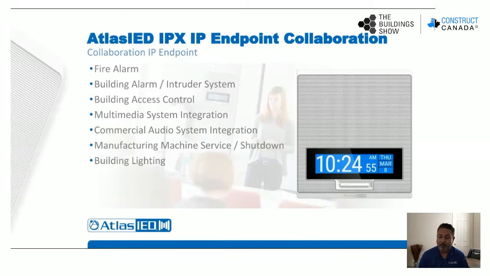Some of the other markets that use the products, maybe in manufacturing or industrial type environments, handshaking with machinery and assembly lines to push notifications when there's a fault on a machine. Maybe building lighting, some of the new intelligent LED type building lighting can be used with the devices to reinforce, again, there's a critical alert as an example. Maybe the building lighting will change red, or maybe the building lighting may flash during a critical alert. Again, used to make sure occupants are aware that there is a critical alert message and can actually listen to the message when that message is pushed into that space.